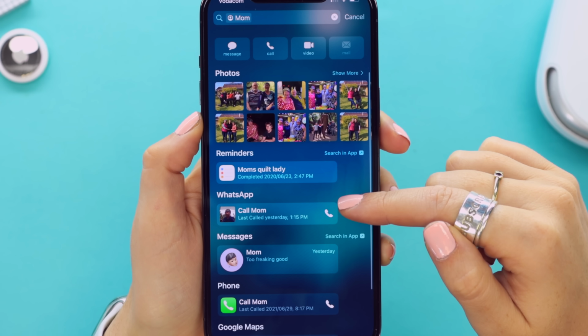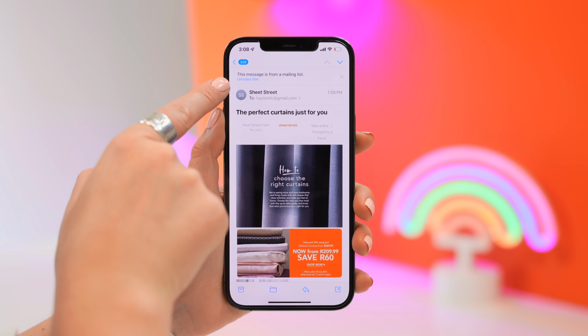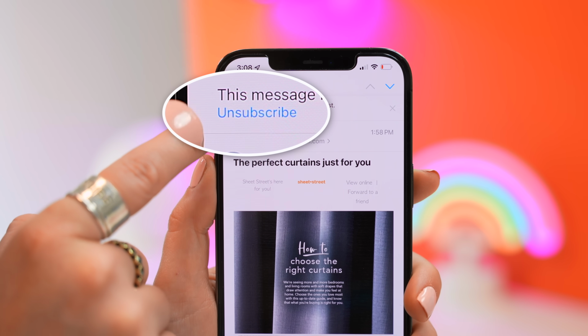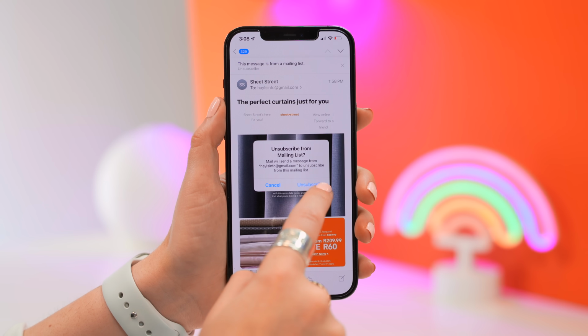Another brilliant feature you might notice within Mail is right over here, there is now an unsubscribe button. So if you ever quickly and easily want to be unsubscribed from any lists, simply tap that, click unsubscribe, and